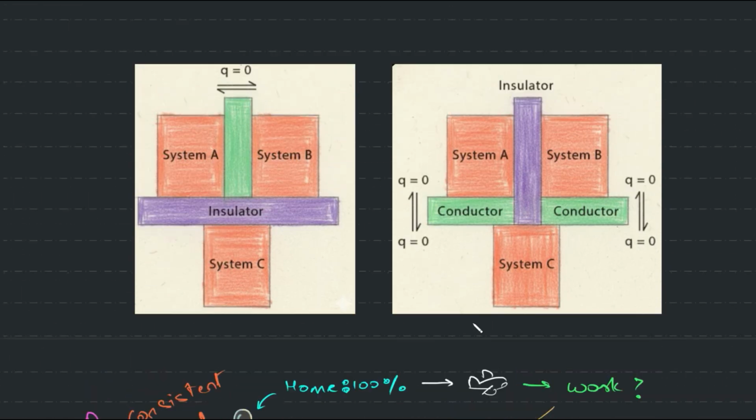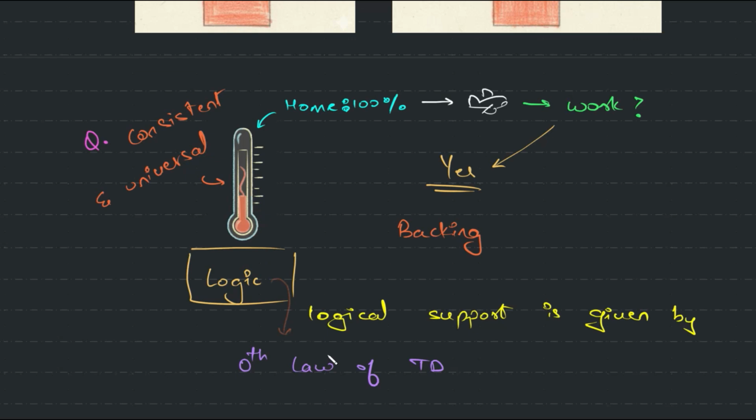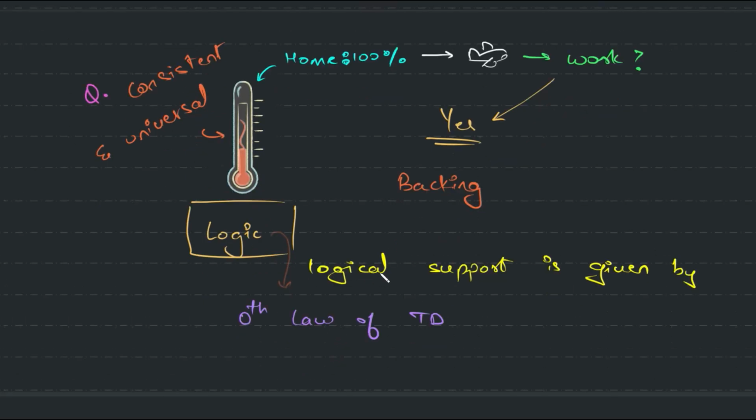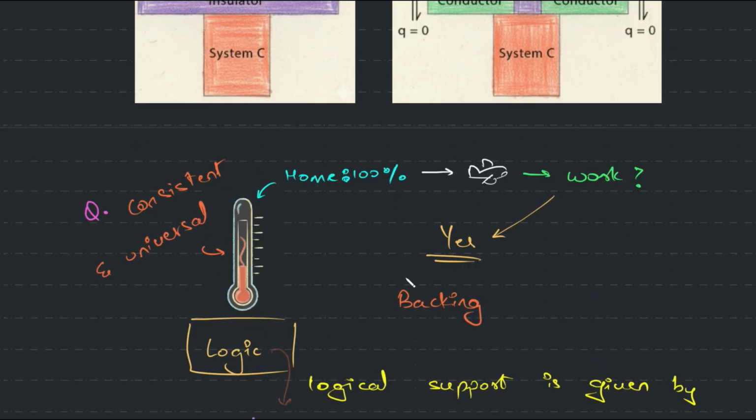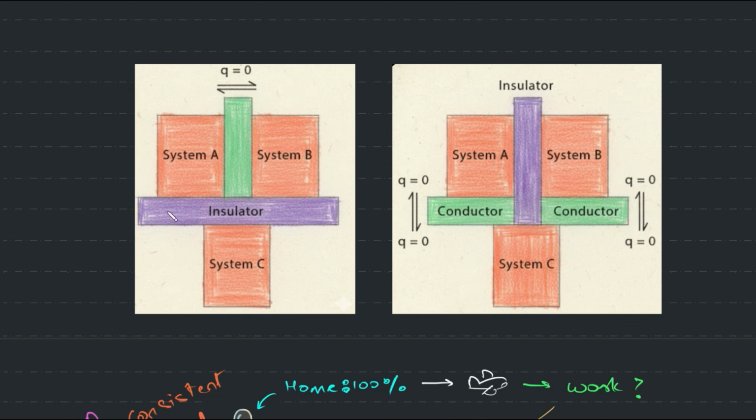The law itself is quite simple, but as you can see, the application is pretty much everywhere, we use it every day. So what does the law tell? It's quite simple actually. If we have different systems, and this is a conducting material and this is an adiabatic wall, you have studied that, right? Conducting and adiabatic. So conducting material allows the flow of heat. So there is heat flow. This green colored thing is a conducting material. This is an adiabatic material.